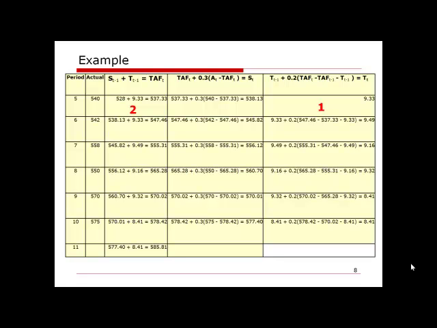With the forecasting number, we can calculate the first S_t. Now, S_t plus T_t will give us TAF_t, which is the trend-adjusted forecast. And with this number given, we can calculate the corresponding S_t and T_t, and then we move on to the next step to calculate the next forecast number. So this is the basic sequence of the calculation in the trend-adjusted